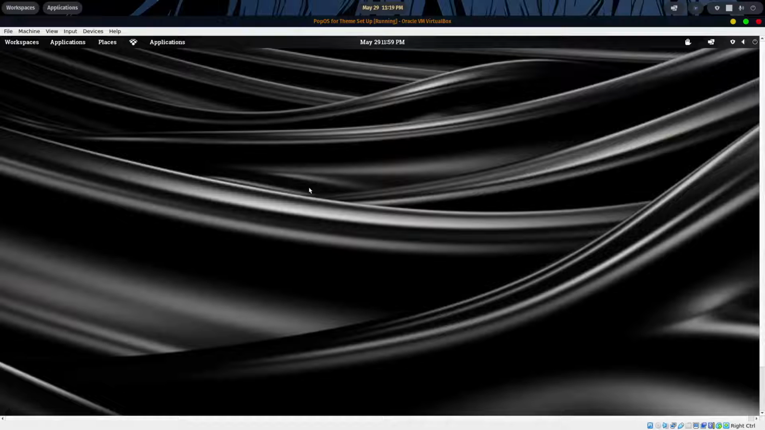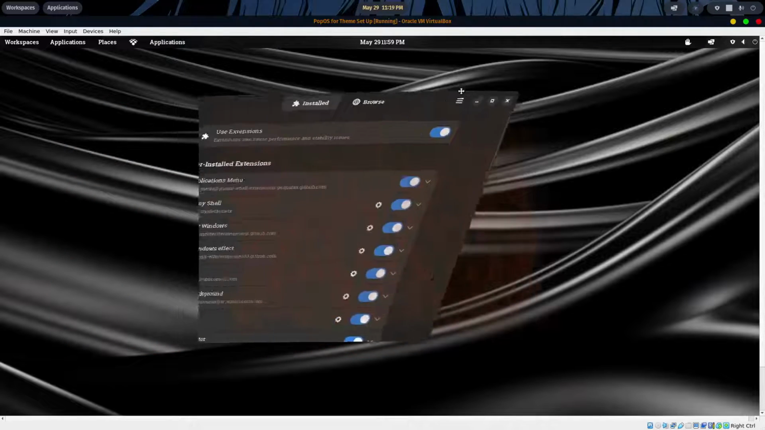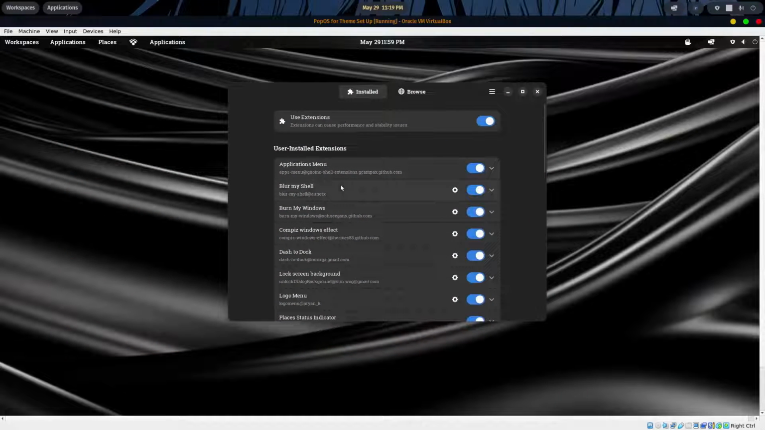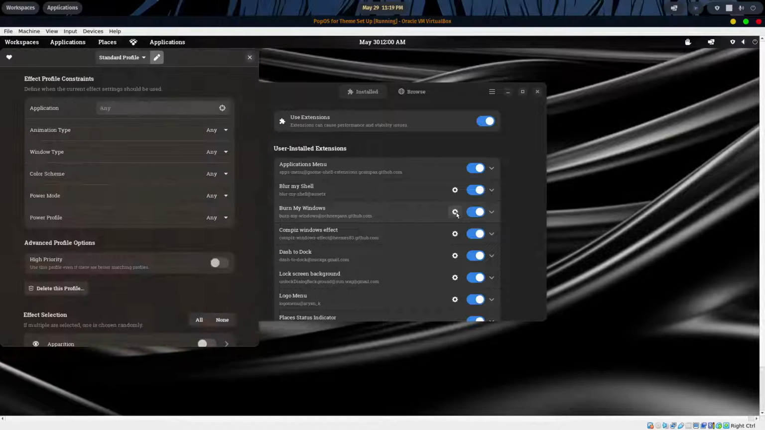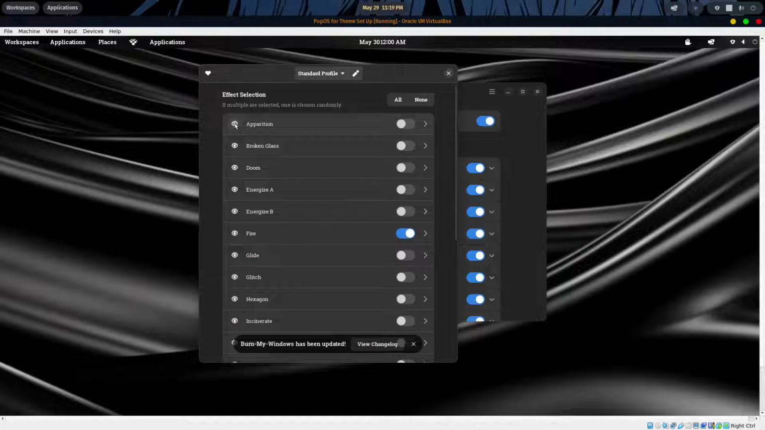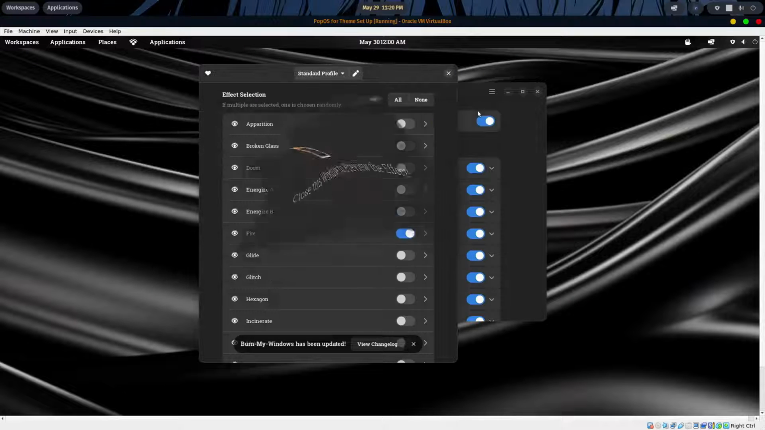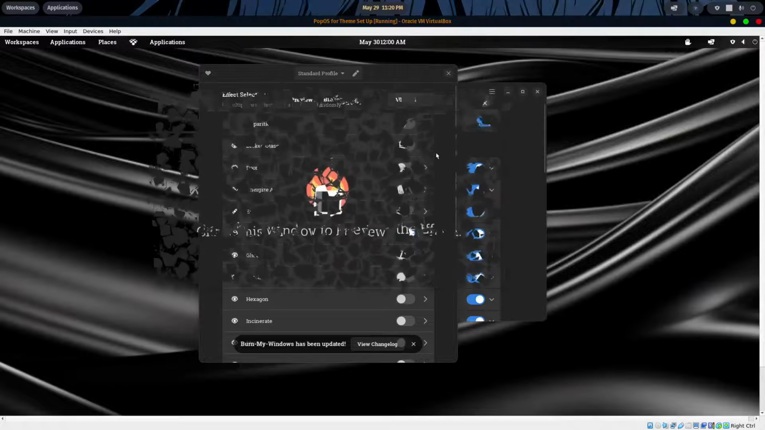All right, so now we need to do some customization on our extensions. So we'll go ahead and go to accessories. We'll go to extensions manager. All right, so blur my shell, we'll leave that as is. Blur my windows, we're going to change that. So if you go to the gear icon, it'll give you several different options here to use. Apparition kind of gives you a preview of the effect. Broken glass,